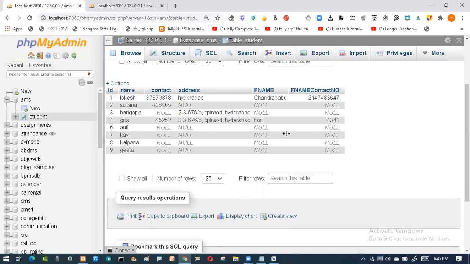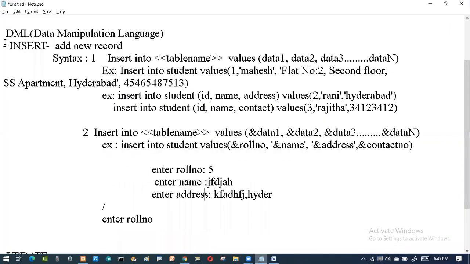For this purpose, I cannot say you are not admitted, come next time. Whatever data is available with you, you simply accept without any restriction on the students. So there is flexibility for you and flexibility for the students also. This is how you are going to work with the command called insert. Any doubt regarding this, ma'am? Is it clear? Yes sir, the topic is clear.